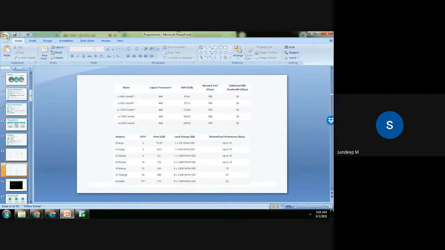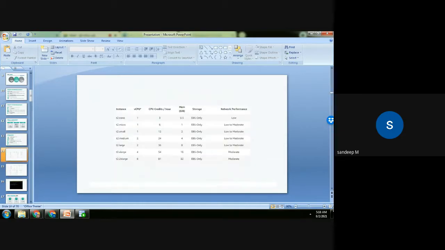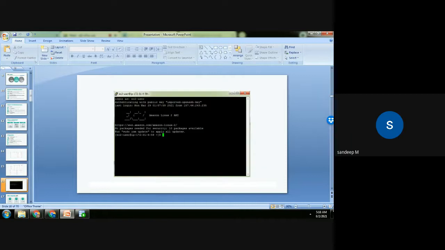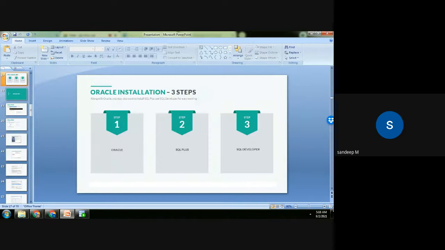You can get very powerful specifications. I am currently working on a cloud computer with 64 GB RAM, but you can get any computer you like. For example, there are even instances that have 25,000 GB RAM. These are crazy high performance machines. If you want to focus on faster processing, you can go for systems with higher RAM, or if you're interested in more storage, you can get instances having a lot of GB. This is how I connect from my computer to the cloud computer and work on it. That is not required for you. I'm just giving you information on how we are going to connect to my database.